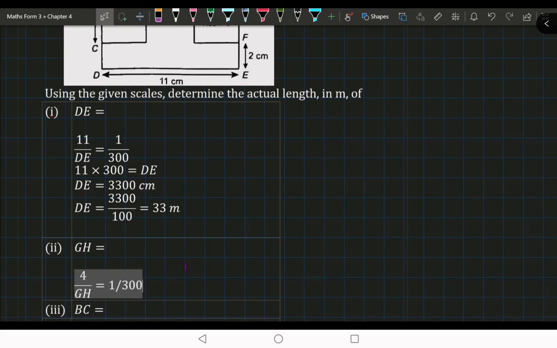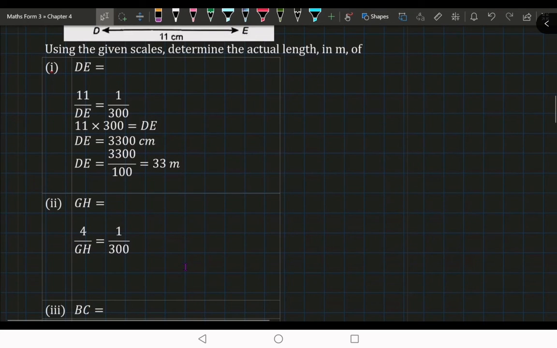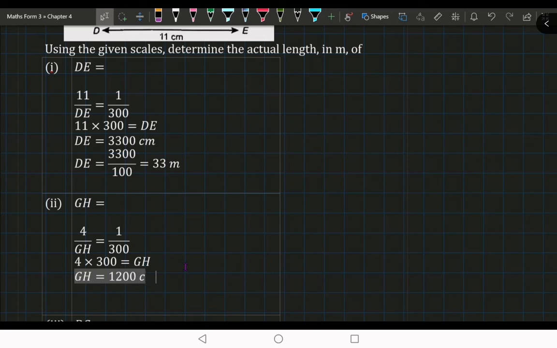1 to 300. So what is the meaning? You are going to find out by cross multiply, where you get 4 times 300 equals GH. You need to know what cross multiply means. You need to understand this: 1200. This one is in centimeters. You are going to get meters by dividing by 100. That means 12 meters actual length. This one is the actual length, so enough for you to